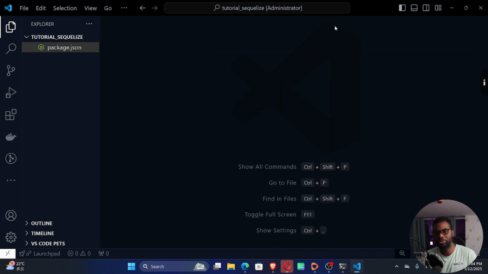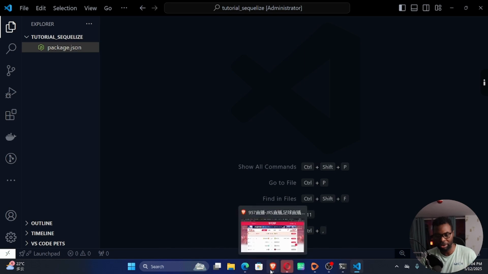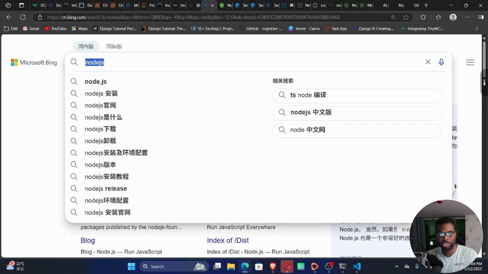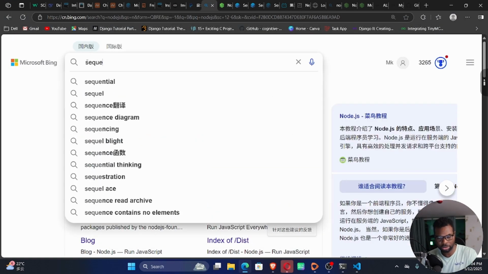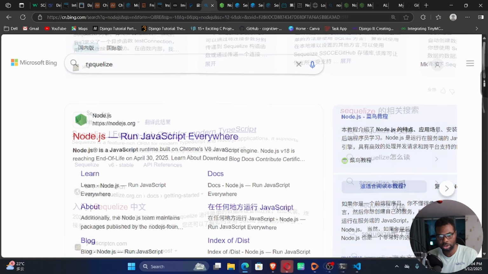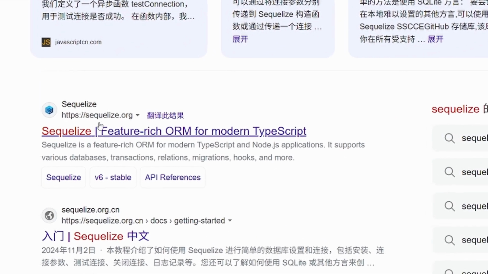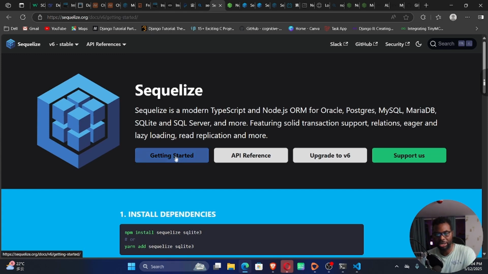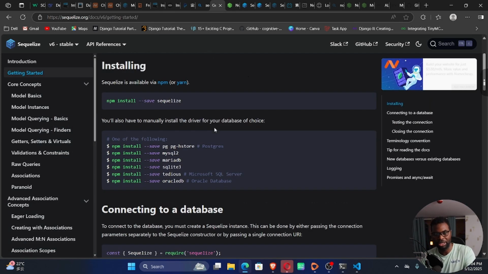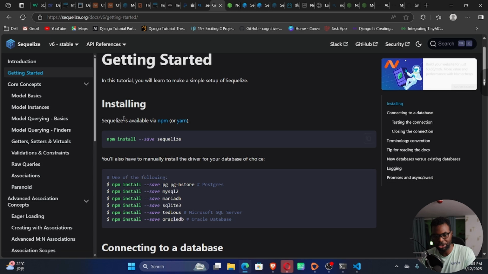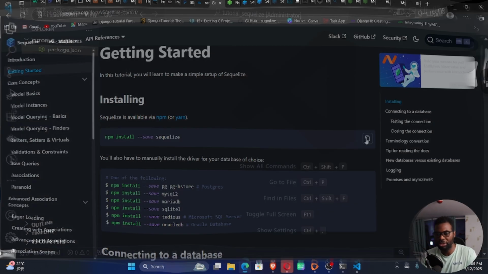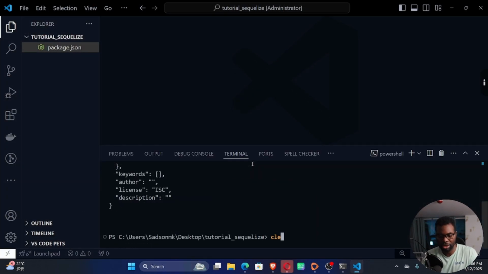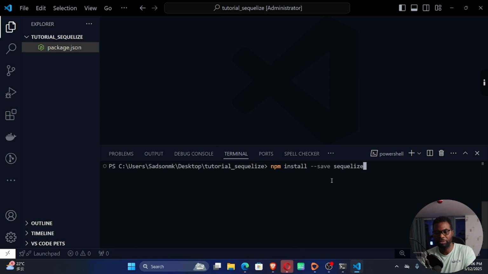For us to install our dependencies, I'll go to the documentation. By the way, you can search for this documentation by just writing Sequelize in the browser, and then you go to this link here, sequelize.org, and then it will take you to this page here. You want to go to getting started here. Click on that, and then it will open this right here. Our first dependency for the project is this Sequelize right here. So we're going to copy this, go to our project, open that terminal again. Let me clear this. I'm just going to paste npm install --save sequelize, and then let's hit enter and